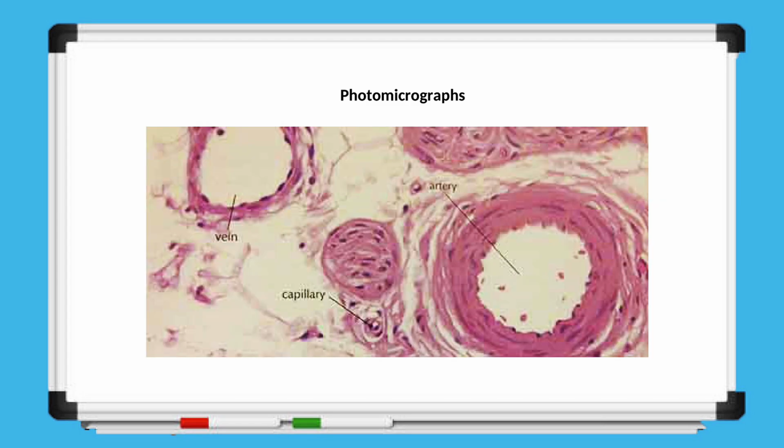Now, if we look at another photomicrograph, we can observe all three types of blood vessels together. Arteries are easily identified by the thick walls and narrow lumens, veins by the thin walls and wide lumens, and capillaries by their extremely small size with walls only 1 cell thick. The structures of arteries, veins, and capillaries show distinct differences under the microscope, reflecting their specific functions in the circulatory